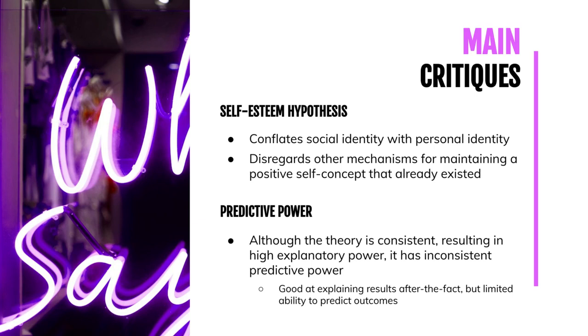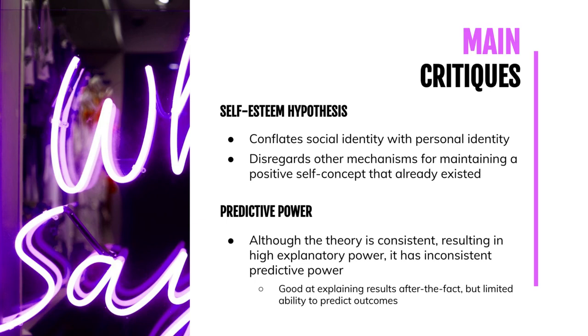So you take an instance from history, and when I say history, it could have happened yesterday. Take any event where this would be relevant. It's really good at explaining the outcomes and the interactions and the processes, but it's not really great at predicting outcomes. It's not well suited for predicting outcomes. And although this tends to be one of the biggest critiques of social identity theory, of course it is a fair critique, but at the same time, social identity theory,